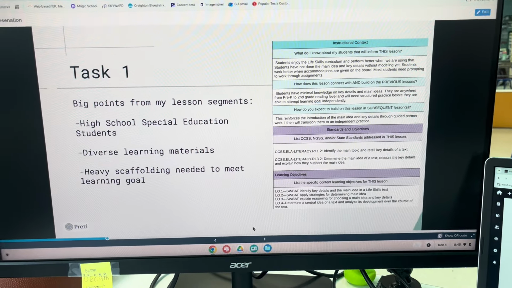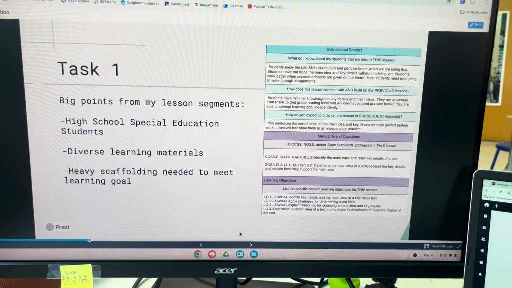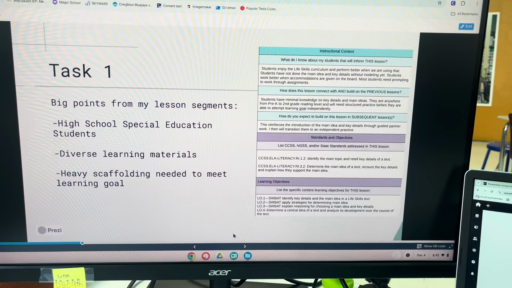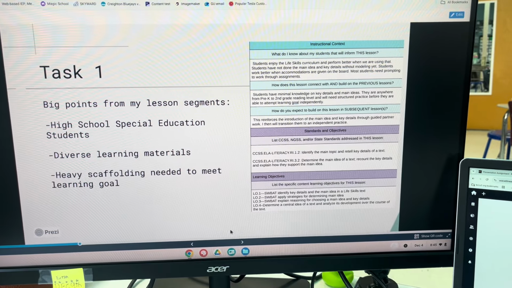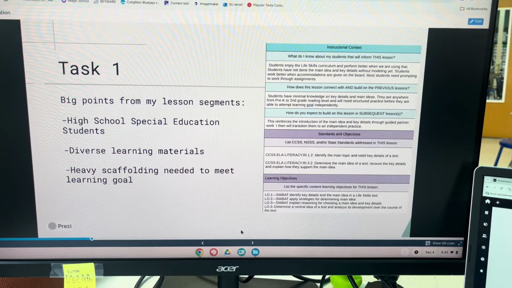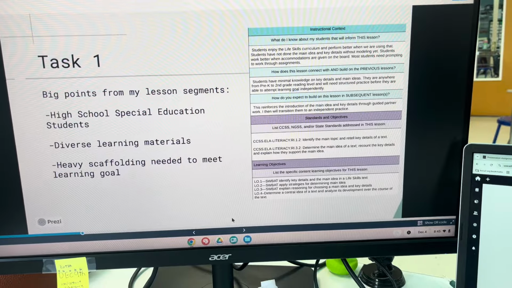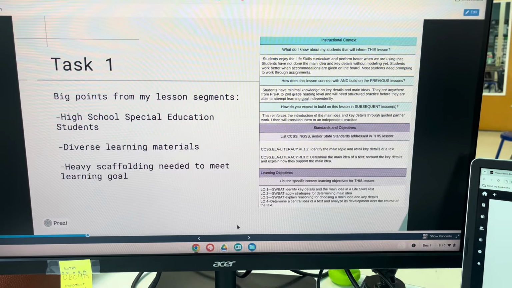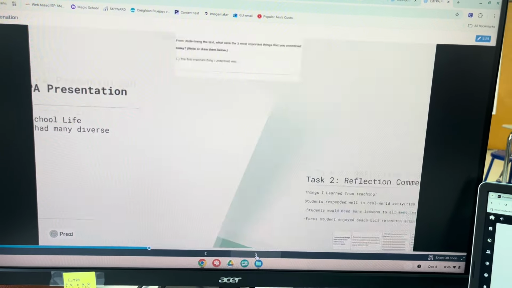Now, something to know for my kiddos, what I had to really make sure that I was diving into is that, for example, I have kids that are illiterate, and I've got kids with a reading level up to sixth grade. So I've got pre-K to sixth grade level. My focus student was at a second grade level, and I'm working primarily with high school special education students. So I had to do a lot of different scaffolding. I had to give different learning materials for the kids. And that was the main thing that I dove into in EdTPA, learning how I can get better at differentiating tasks for different students.